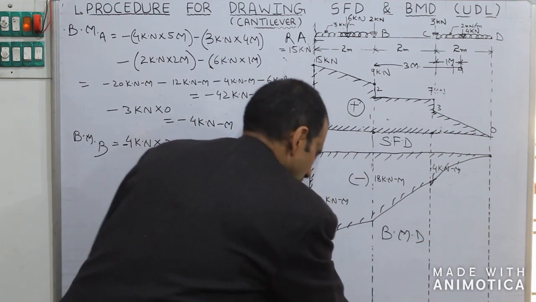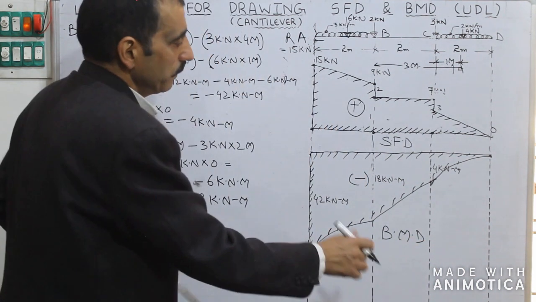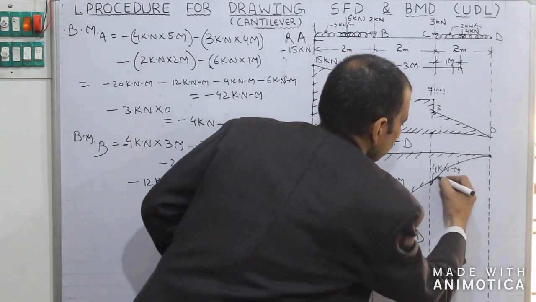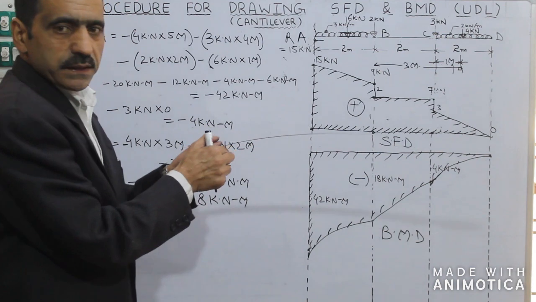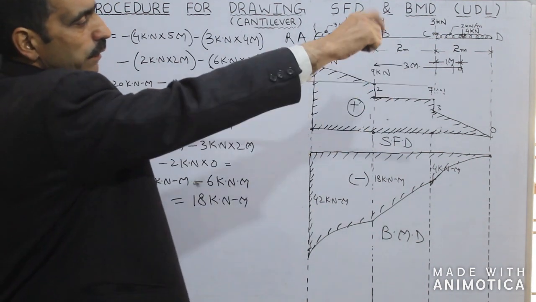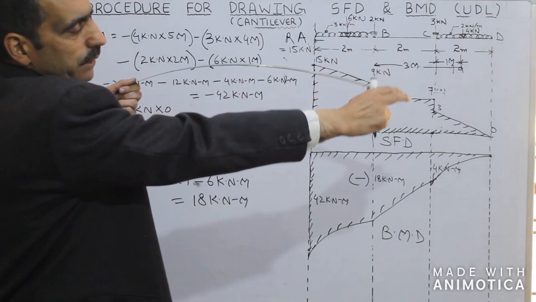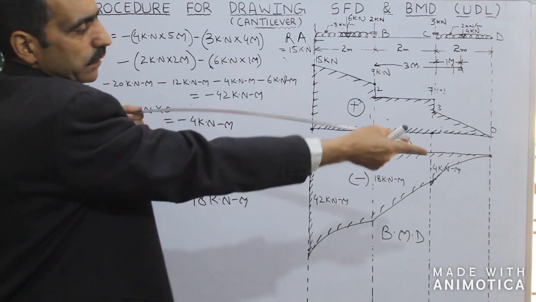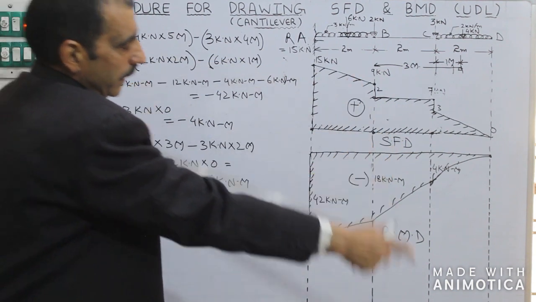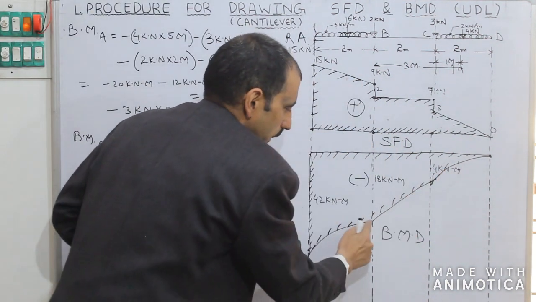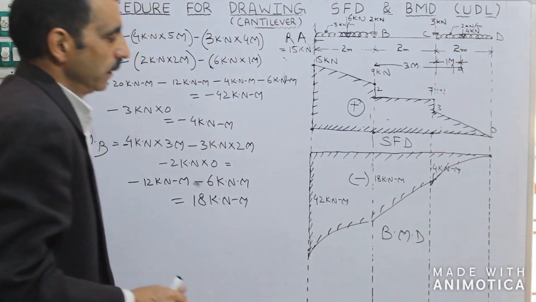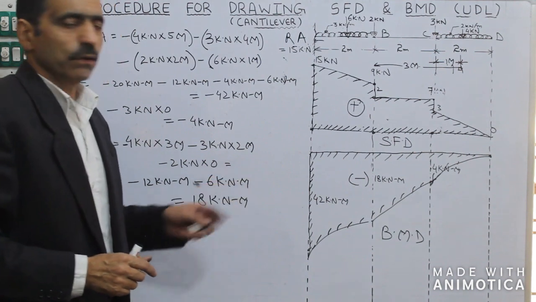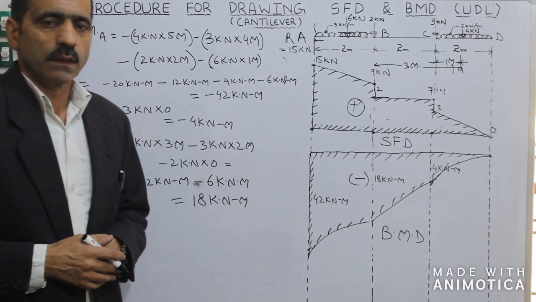You will see the cantilever beam. In case of a cantilever beam, the curve is always an inner curve. See, if this is a cantilever beam, fixed at one end, and I put load on this beam, what will happen? It will become an inner curve. It is not an outer curve, it is an inner curve. That is why I have shown an inner curve here, and this is joined with the help of a scale. This was about this particular problem. Thank you.